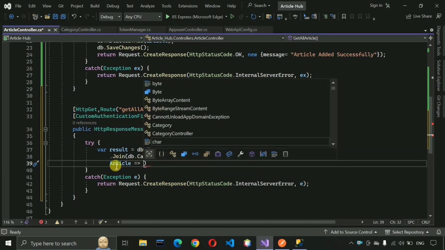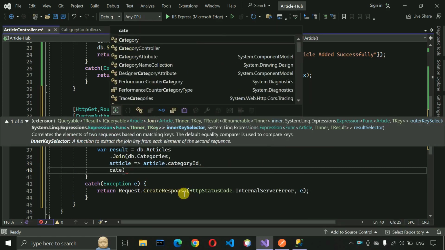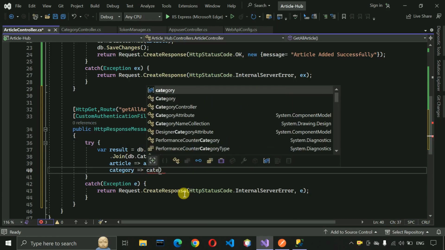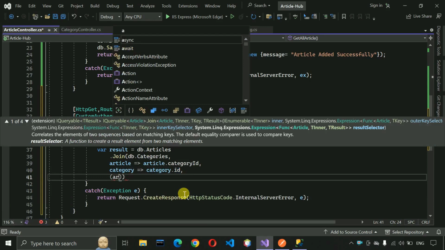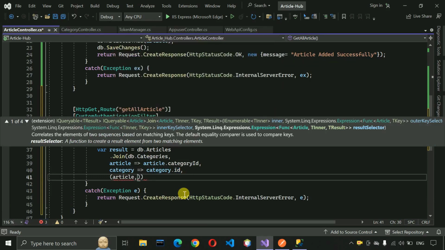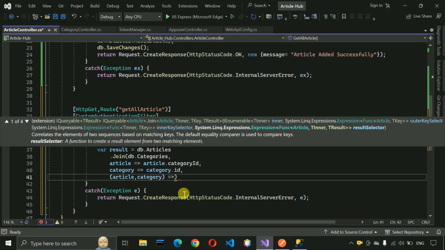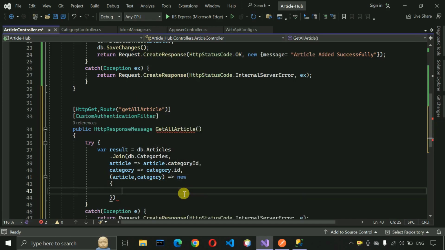Here just make it a small article like this, and it should be article.CategoryID, comma, and then we have to write category, and then we are also going to get the category.id, and then comma, and then we have to pass here article, comma, category, and then we have to put like this, and here we have to write new, curly brackets, and press enter,